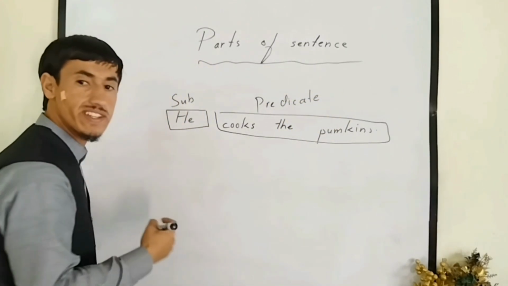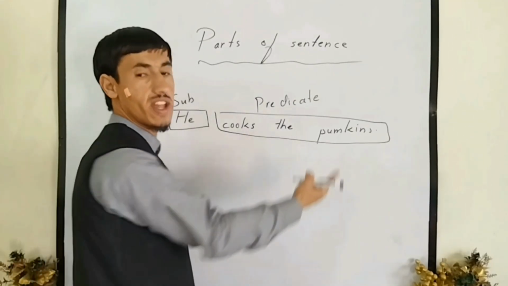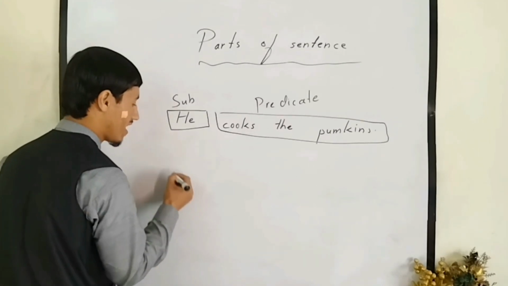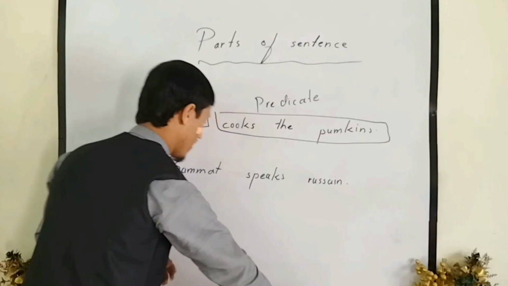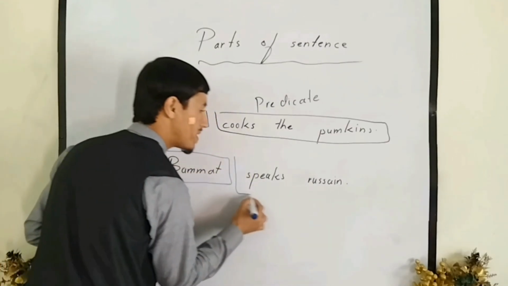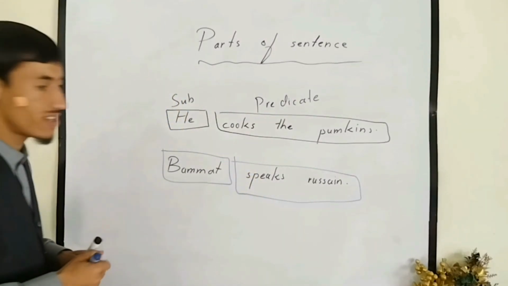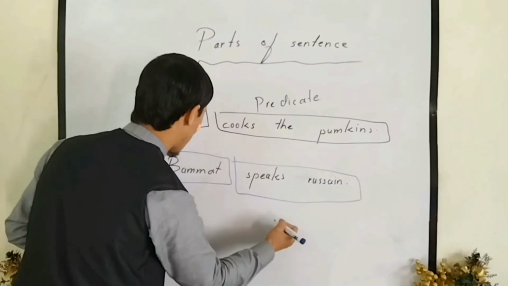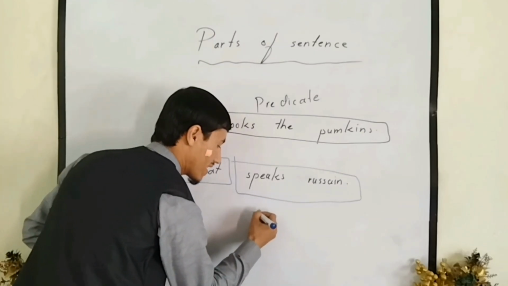Predicate. Another sentence. Here Bamat is a subject and speaks Russian is a predicate. So this is called a subject, and the rest of the things are called a